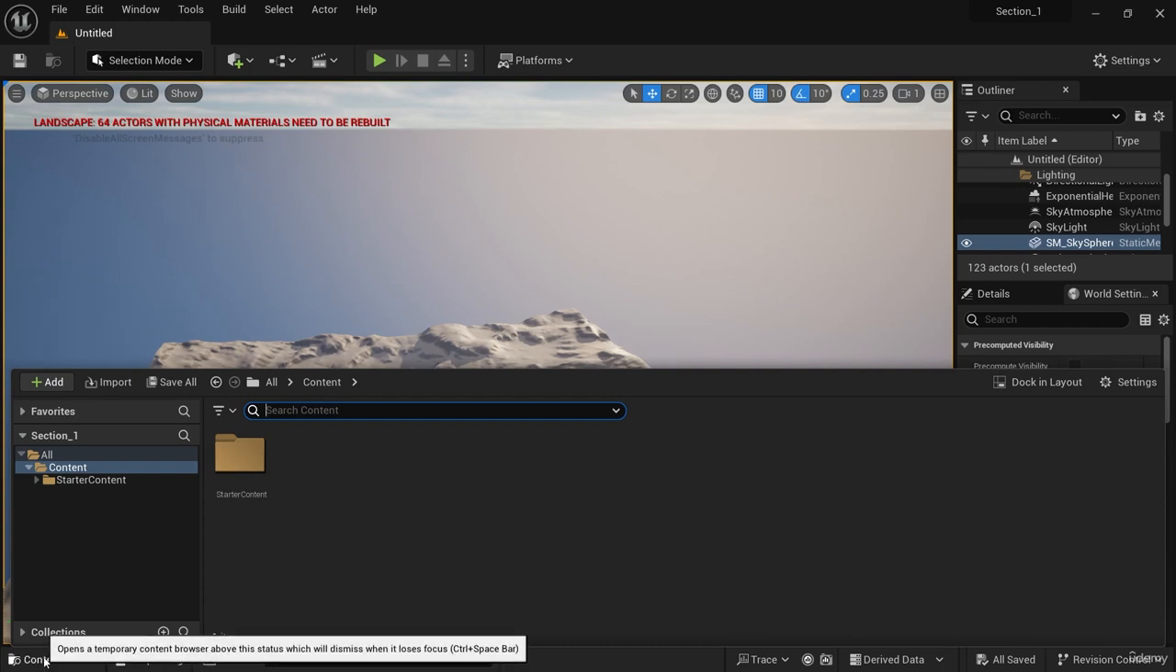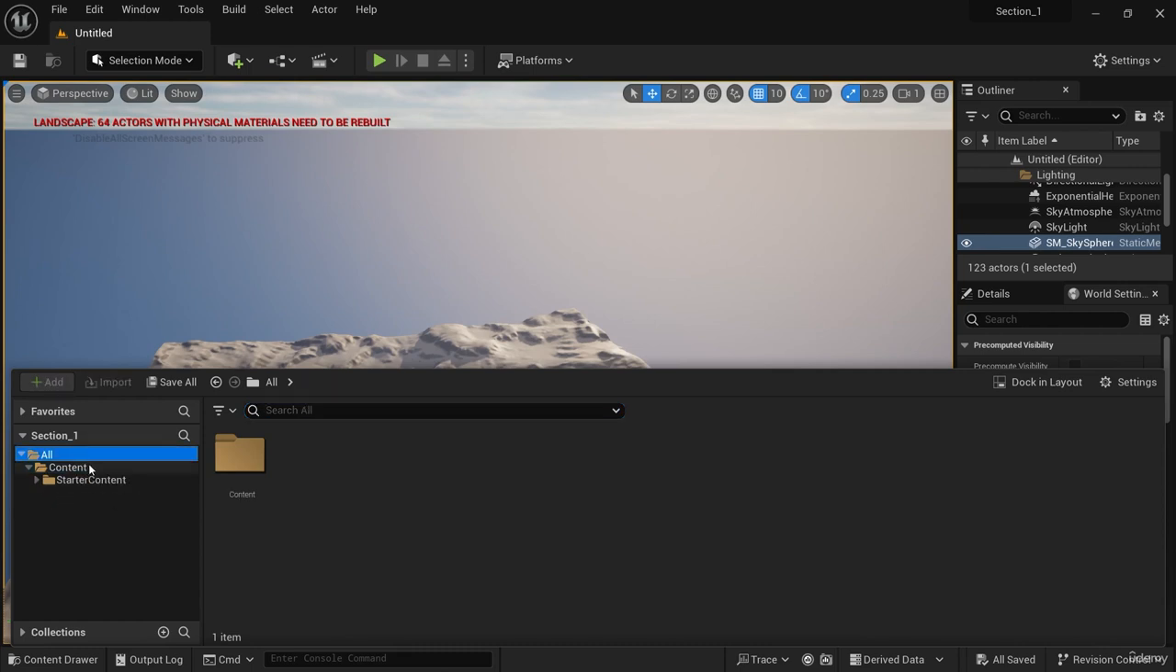Now, when I bring up the content drawer, I have a folder structure for my project. It starts with all, and then it goes to content. In some earlier versions of the engine, it just said content. In later versions, it may switch back to just saying content, but in this version, we see all. It doesn't matter. The content folder contains the things that you want to add to your Blueprint